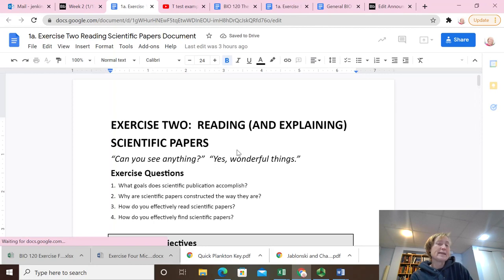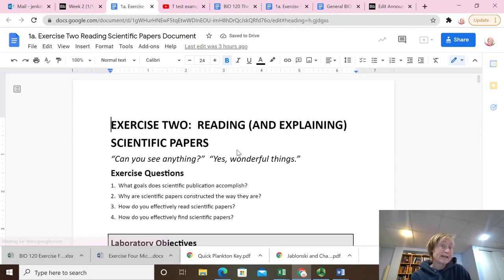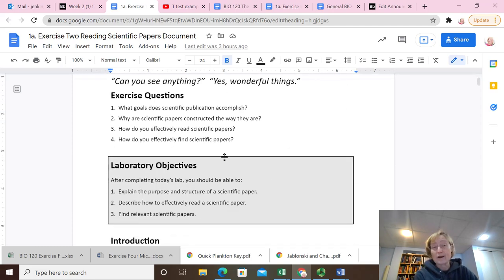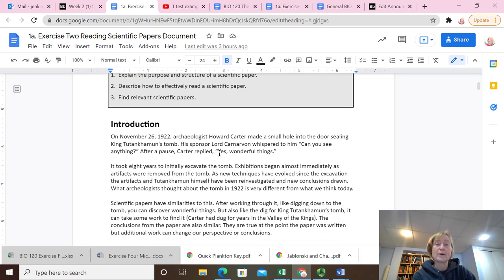So this week you're going to be thinking about and actually reading a scientific paper and thinking about how this is done and what's a good way to go about reading science papers, and what are some good ways to go about looking for science papers. So there's a lot of background information in this lab, but just before we get started, I wanted to say